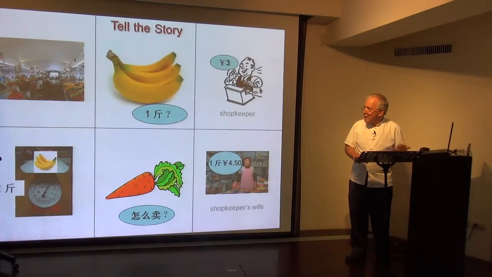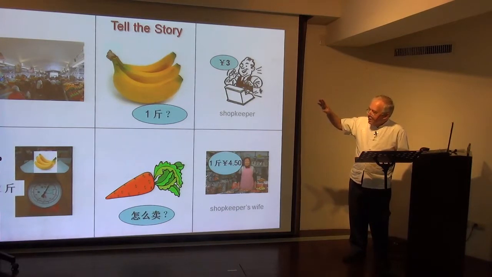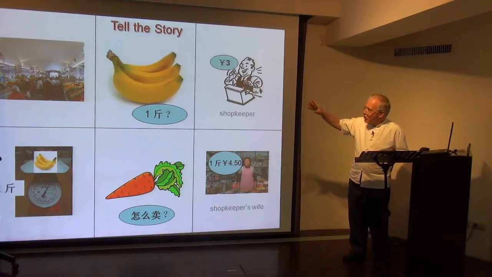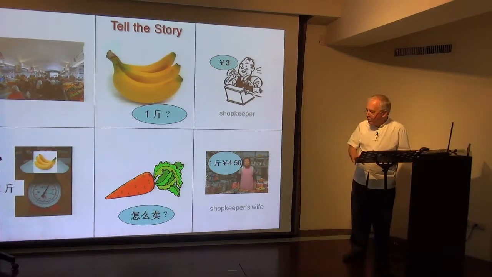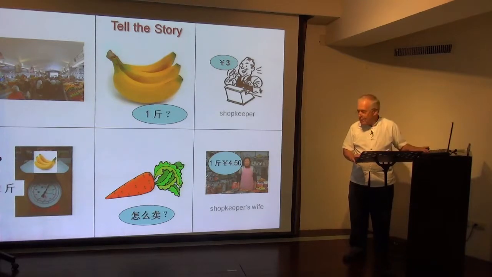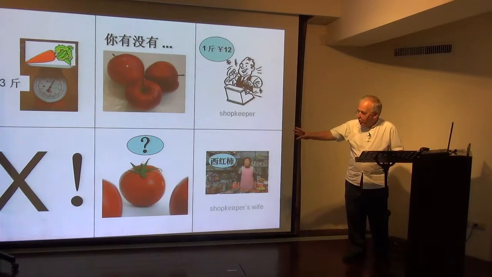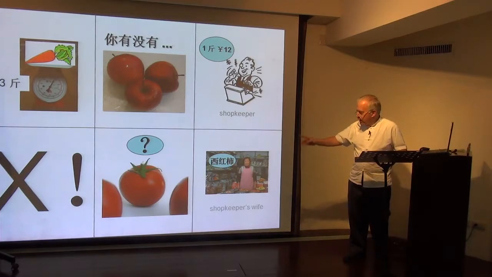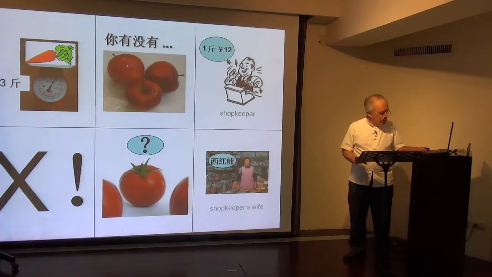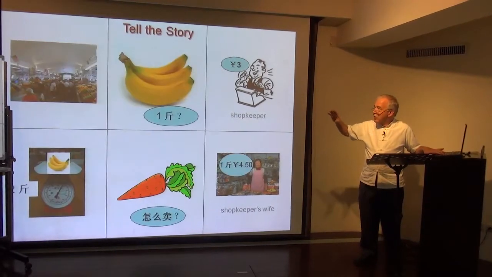But then move on and tell the story, not just simply reading it in the book, but using pictures. 这是菜市场，我到了菜市场，问老板香蕉一斤多少钱？老板说3块钱。我说我要买2公斤。我问他胡萝卜怎么卖？老板娘说1斤4块5。我说我要3斤。我问老板你有没有苹果？他说有，1斤12块钱。我说我不要。我问老板娘这是什么东西？她说西红柿。So first the teacher can use these to tell the story, and then you can go back and the student